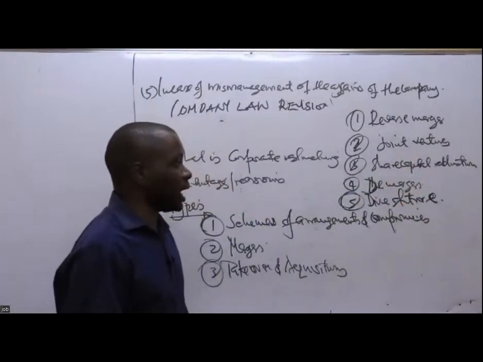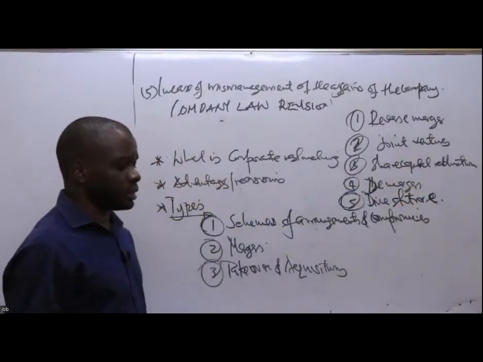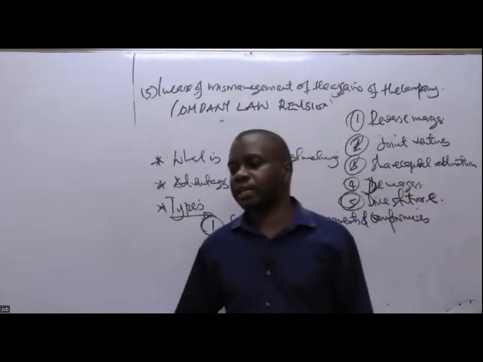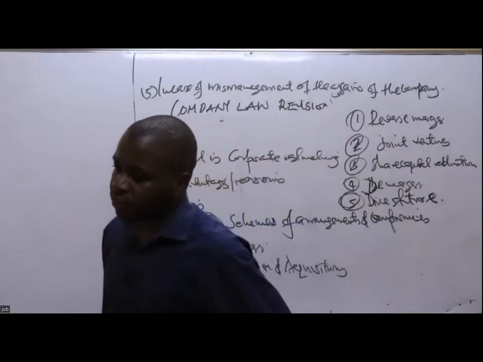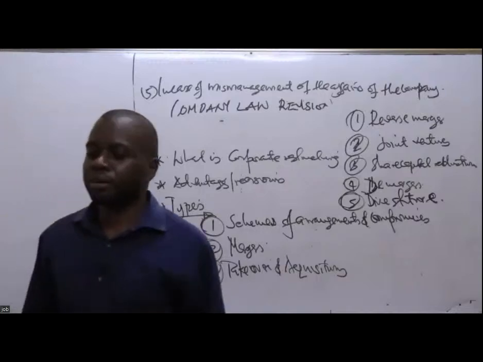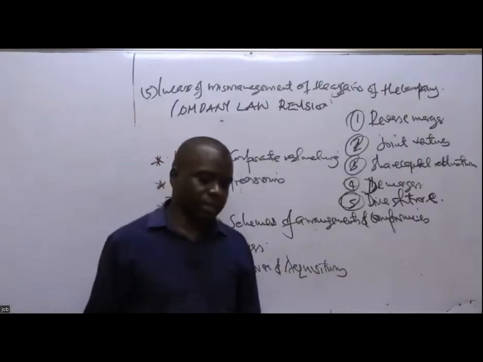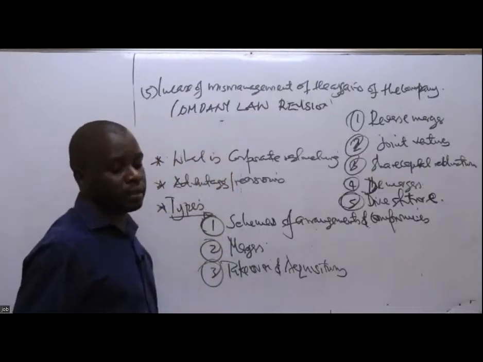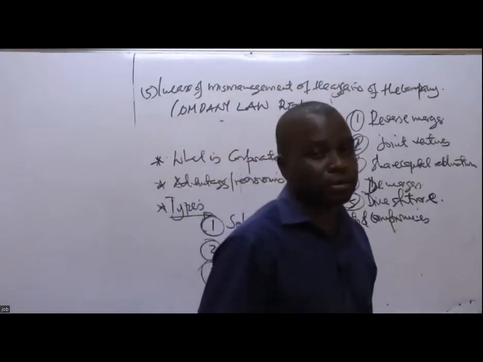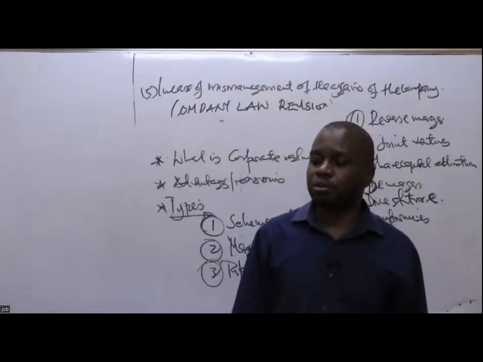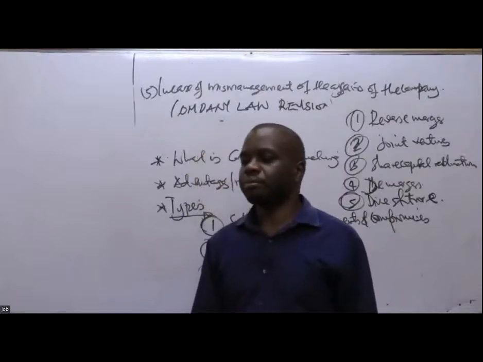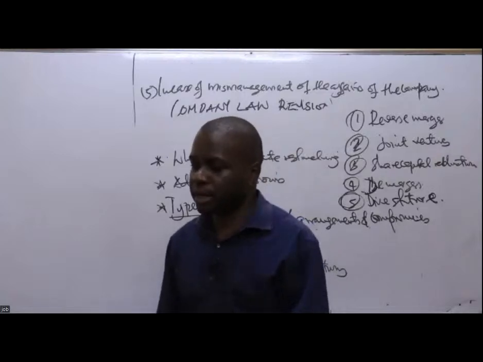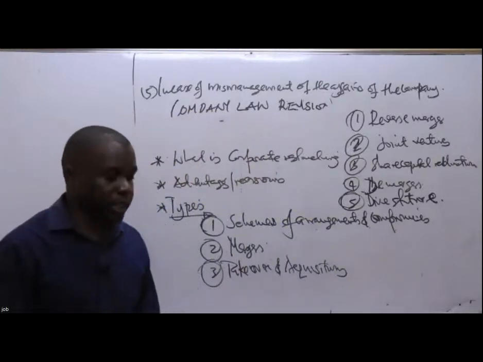We say it is advantageous because in this case, they won't go into the cost involved in doing an initial public offer or floating the shares of that company so that people can acquire it to become a public company. It will be very easy for them in terms of saving on costs, and it also saves on time of having to prepare a prospectus and all the costs involved in preparing a prospectus. So that is an advantage of doing a reverse merger. Number two, it also saves on costs.